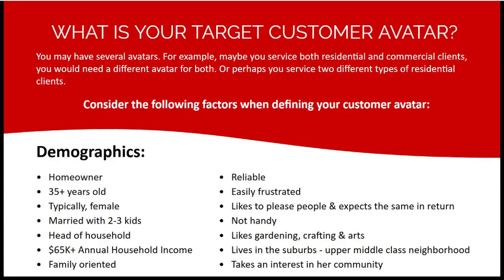And so you want to create this imaginary person of what that person looks like, so that when we start marketing to them, we can have more effective marketing, because whatever message we put in front of them is going to resonate a lot better. This is our pretend avatar right here and the demographics that they have. Your avatars are going to be different because you might be going after landlords, or multifamily, or government, or commercial. So every avatar is different, but you want to define at least 3 different avatars for your company and get really good at targeting those avatars.